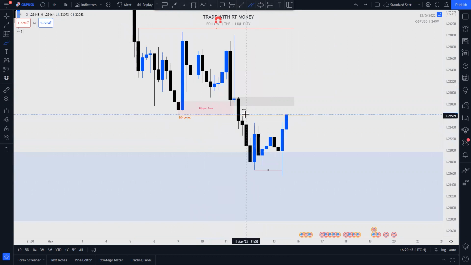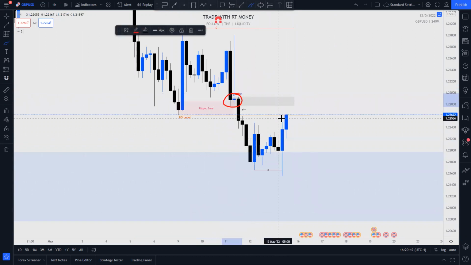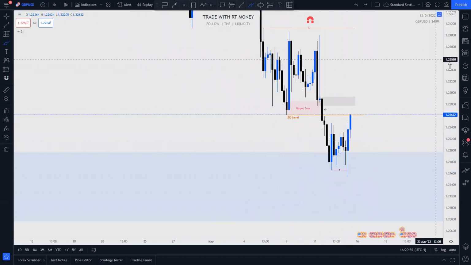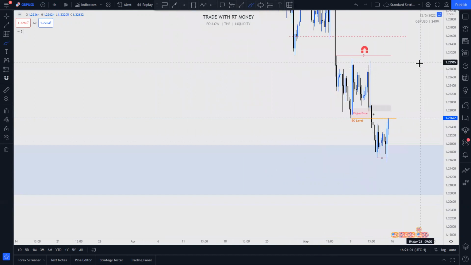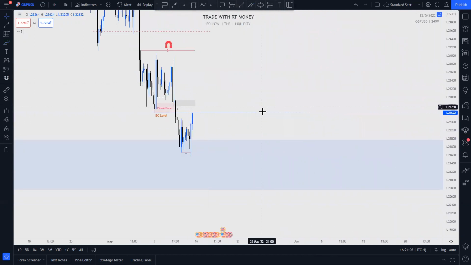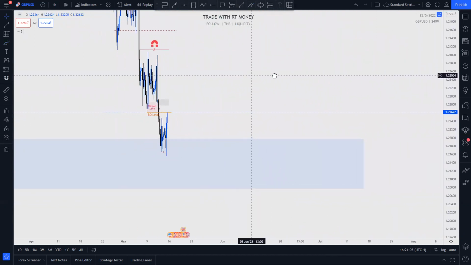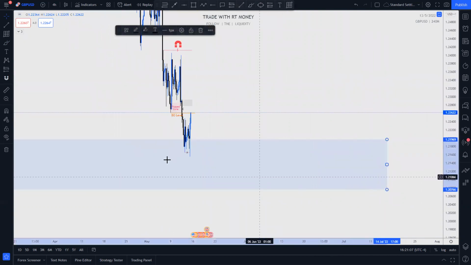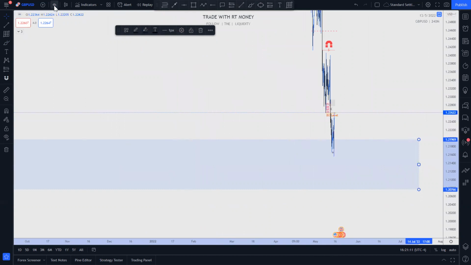So I'm looking at price to come back to this area and maybe test and maybe mitigate that extreme reaction and then continue down, taking out this low. All right. Do I have a target in mind? Yeah, I do, actually. I'd like to see price not only take out that low, but that if we go to the daily,